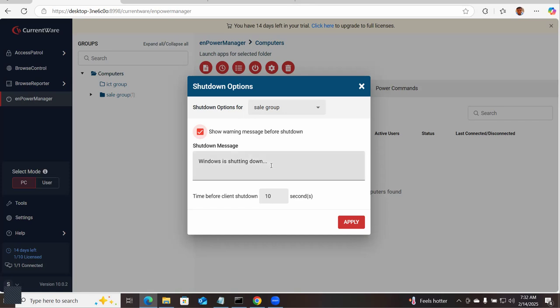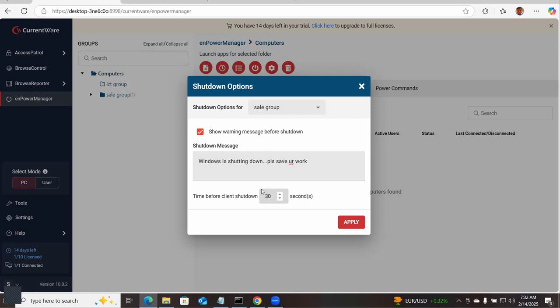And the message can be "Windows is shutting down. Please save your work." So you can add your own message. The time before client shutdown is 10 seconds, but I can actually use 30 seconds here so that they will have more time to save their